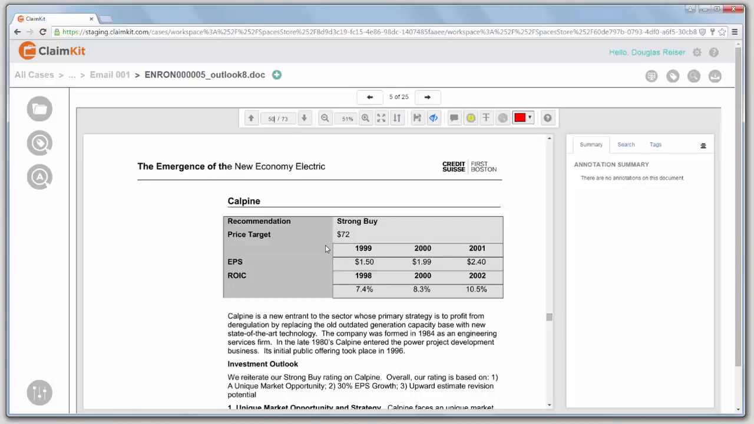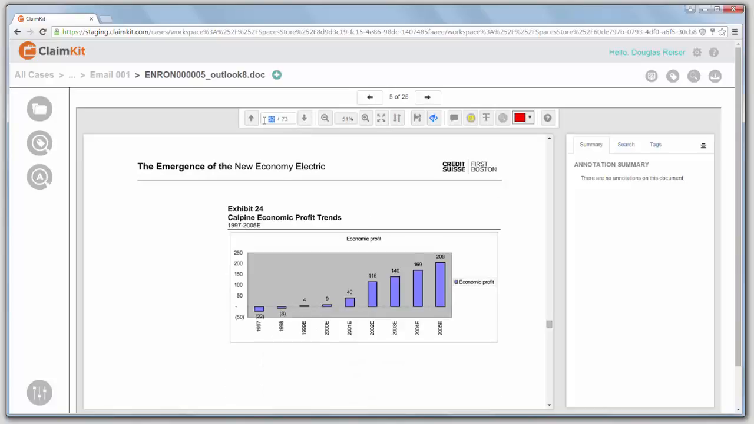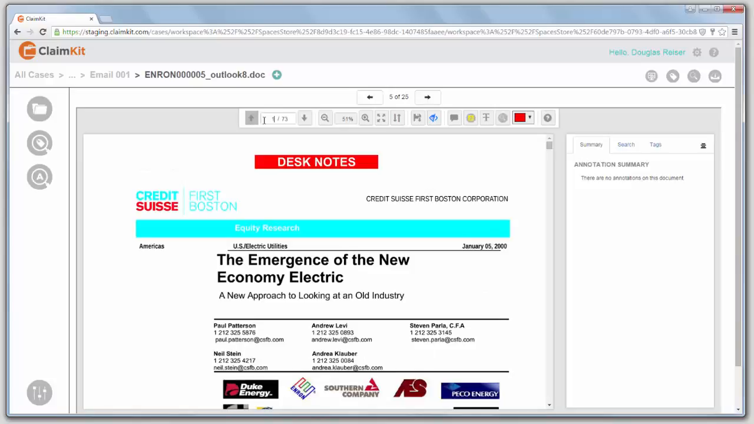You'll notice it took a brief second to bring up the document as ClaimKit loads the image of the page you're on simultaneously. So the document, as you go to it, that page will be loading. So since we jumped to page 50, it took a little bit extra time, but not much. Again, if we go back to page 51, 52, and then go back to page 1, you'll notice it goes